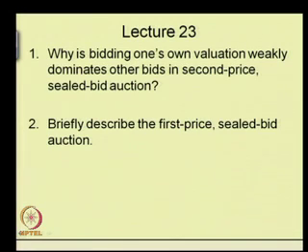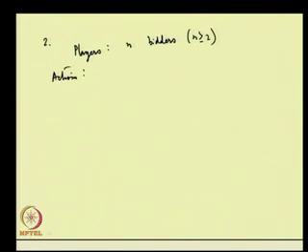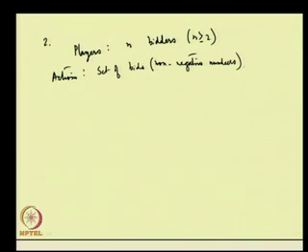Briefly describe the first price sealed bid auction. So, here the players are n bidders, the actions are the set of bids which are non-negative numbers, and preferences are given by